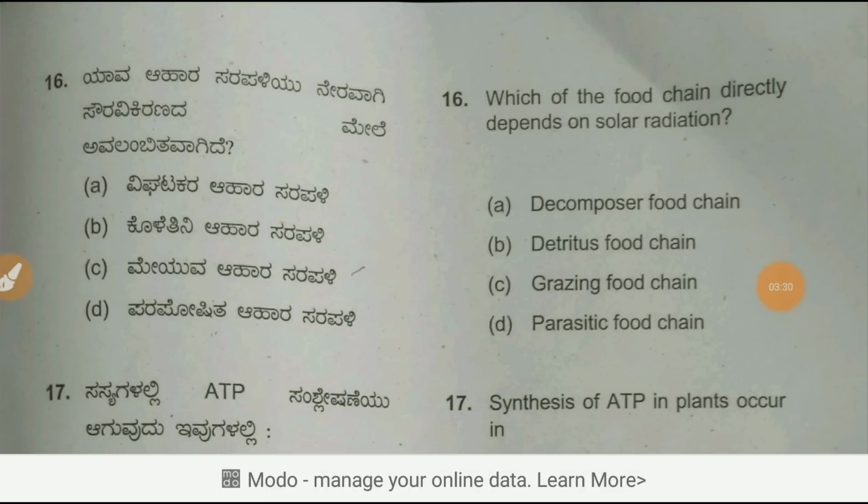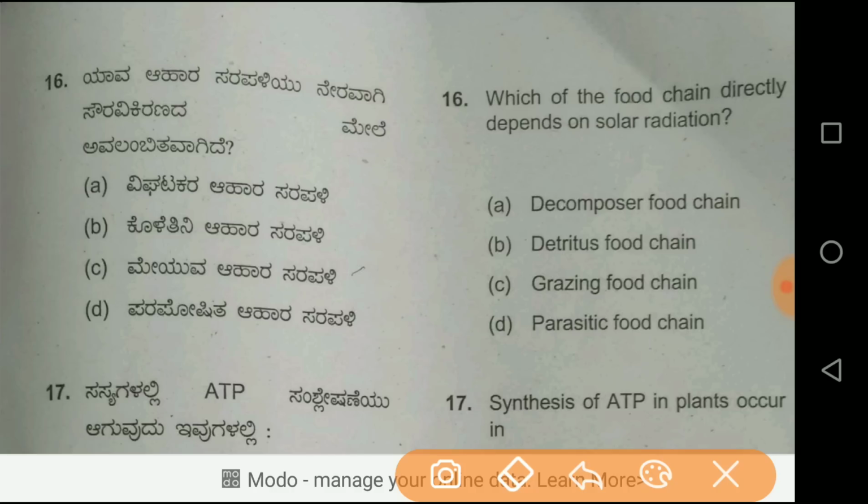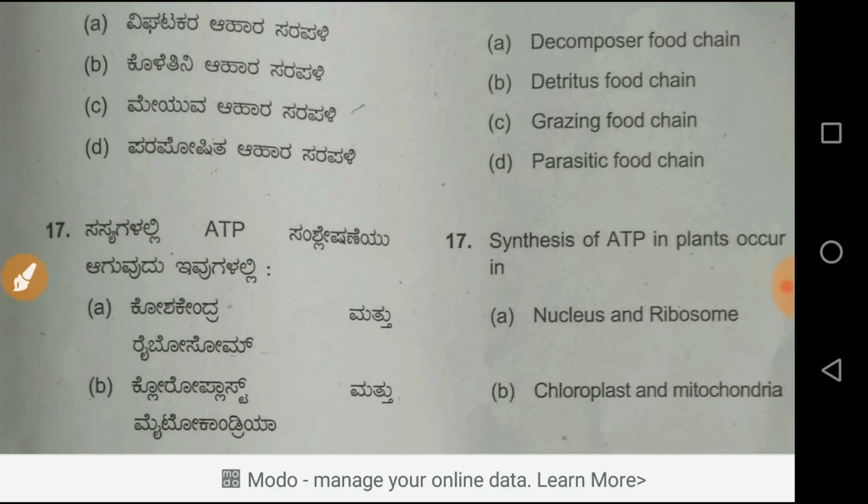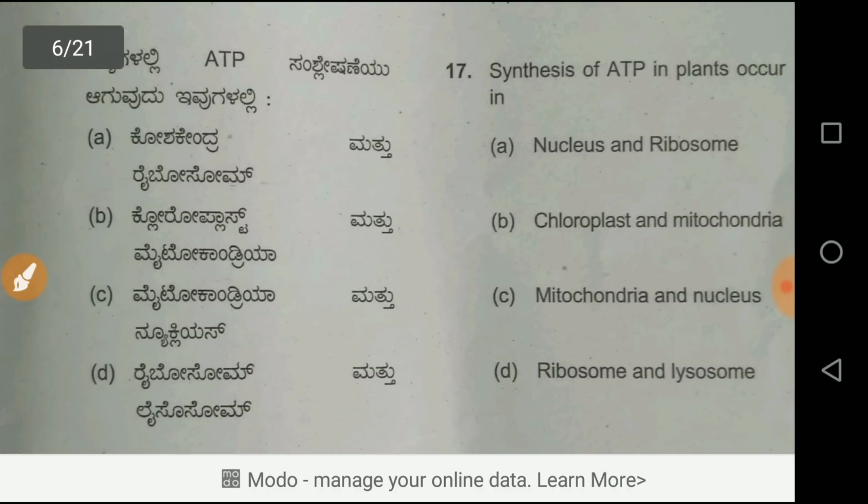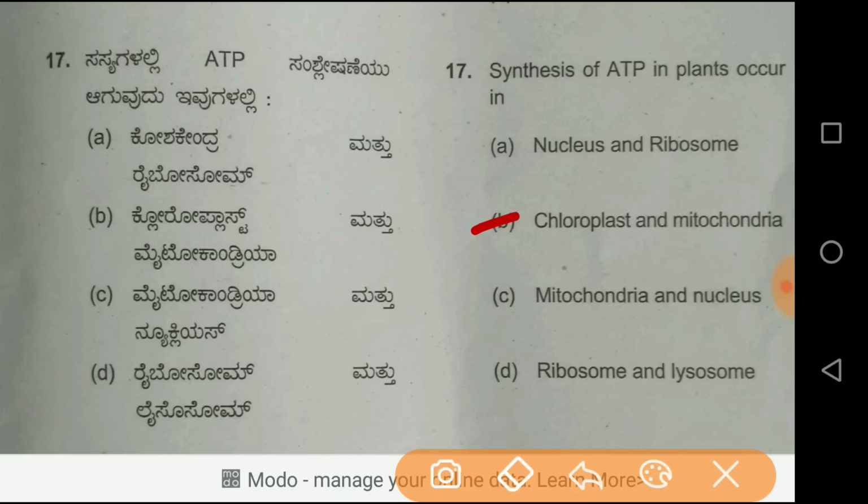Which food chain directly depends on solar radiation? The food chain that directly depends on solar radiation is the grazing food chain. So C is the right answer. Next question, synthesis of ATP in plants occurs in. Dear friends, ATP means adenosine triphosphate. The synthesis of ATP in plants occurs in chloroplast and mitochondria. Therefore the right answer is B. Then next question,